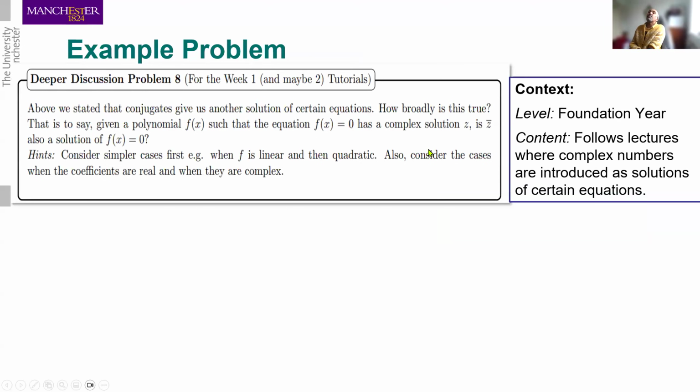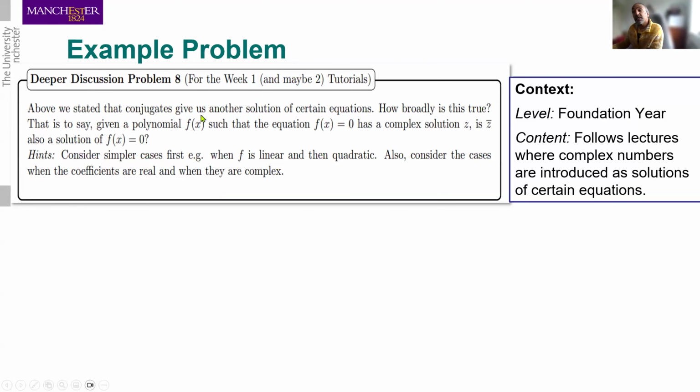Well, okay, let's give a very concrete example of a problem. So here is a problem. It says above, we stated that this is pulled from the course notes. So in the course notes, it was stated